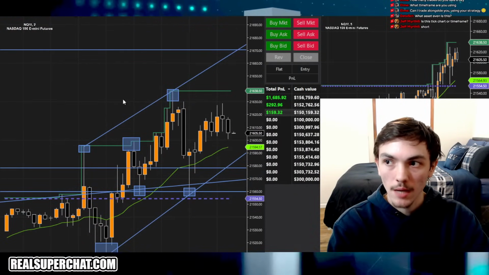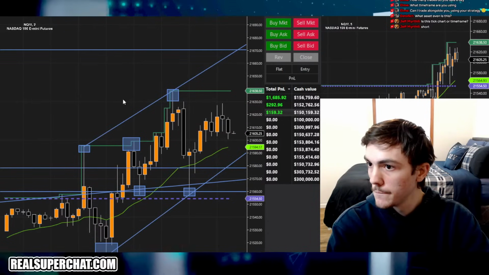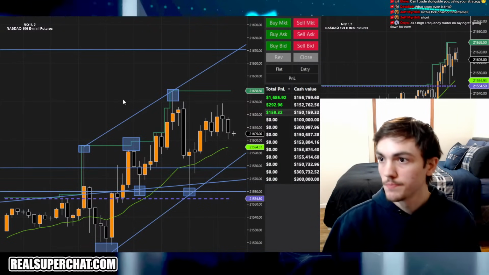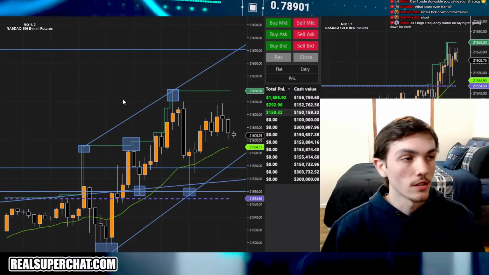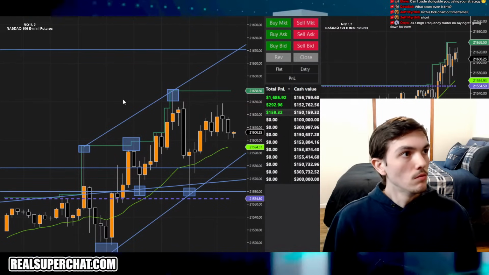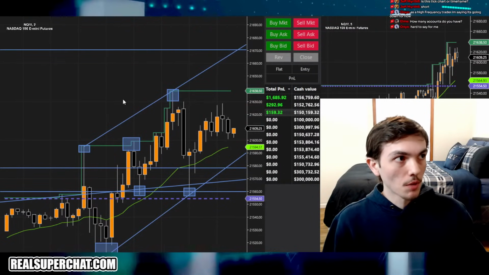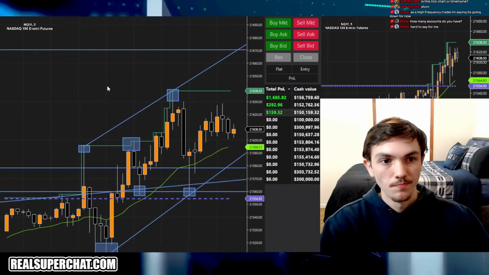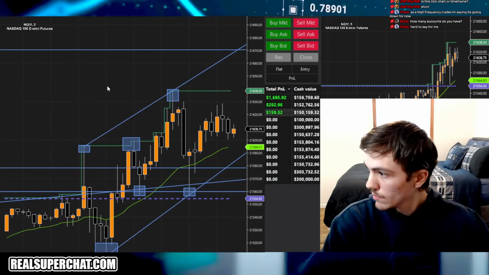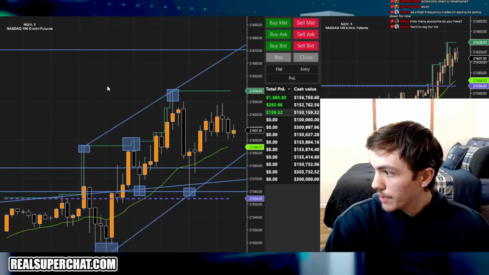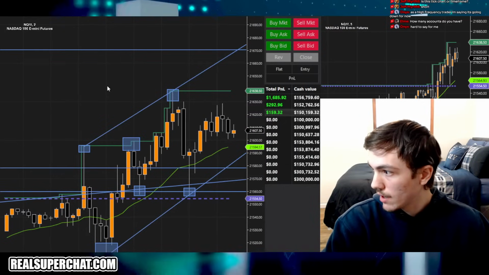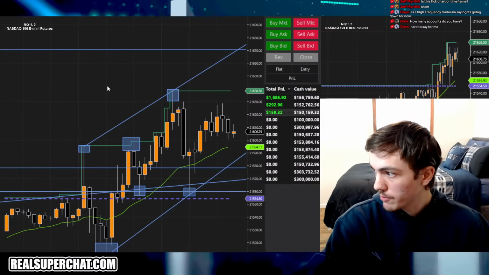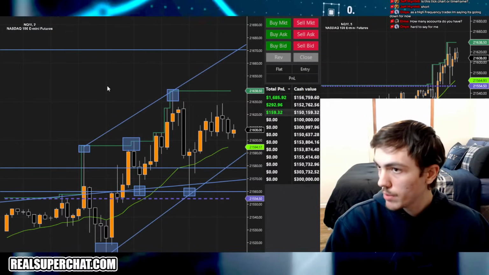May start long when this taps the 20 MA. We gotta see. May go to the range, the resistance, or the support of the range. Gotta wait to see. ES propping up, trying to pump. A lot, Elmi, a lot. As a high frequency trader, I'm saying it's going down for now. Possibly short. Jeff says, is this tick chart or time frame? Time frame.